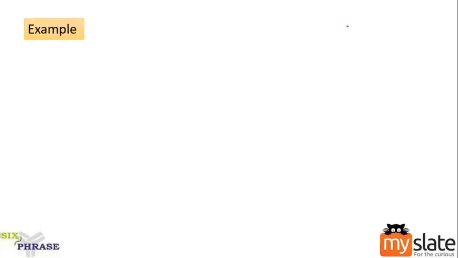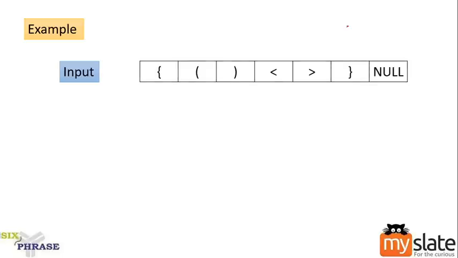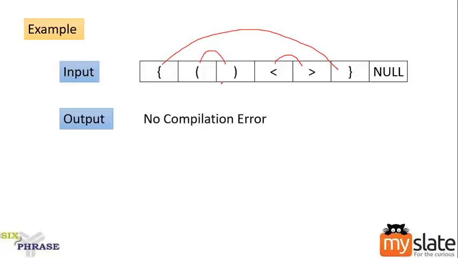Consider an example. Our input is going to be a string. Say this is your string. Here, look at it. I have a user defined function, I have a main function, and all these are placed within curly brackets. Right? User defined function, main function, everything is present within a curly bracket, which means this is not going to throw any compilation errors. Yes, so my output should be no compilation error.